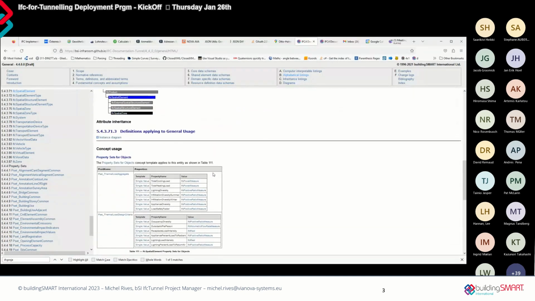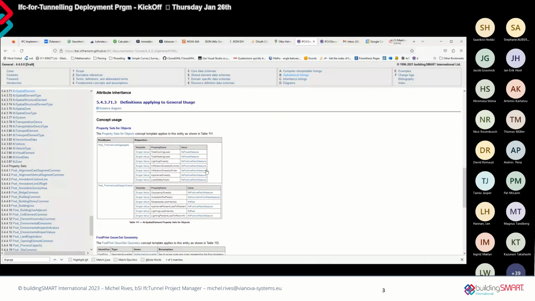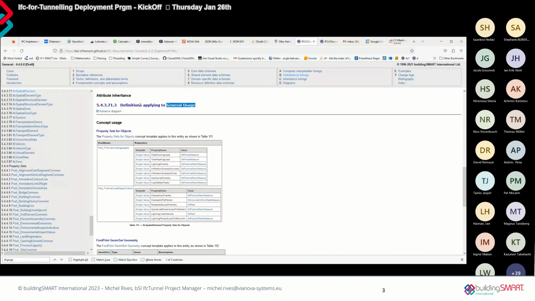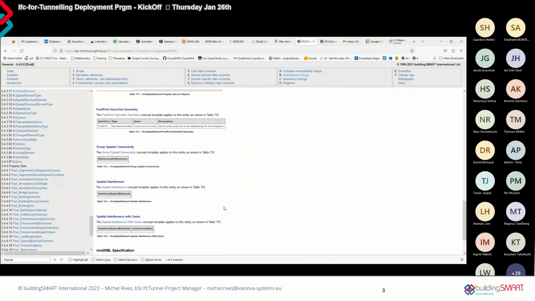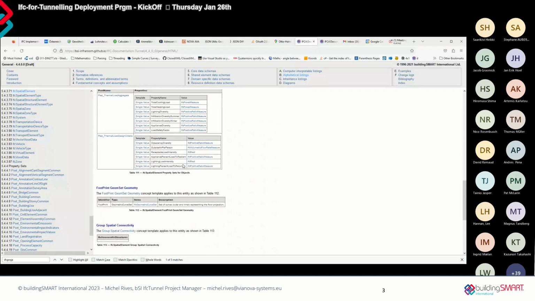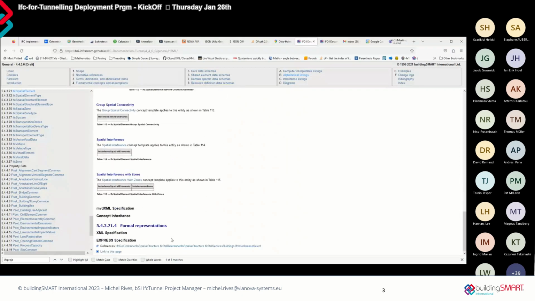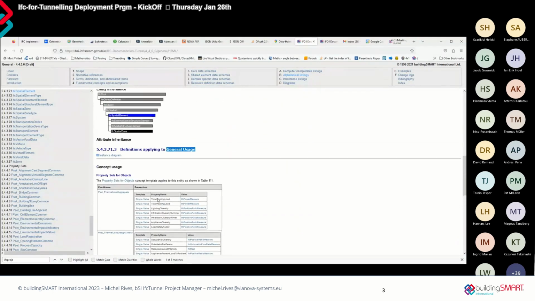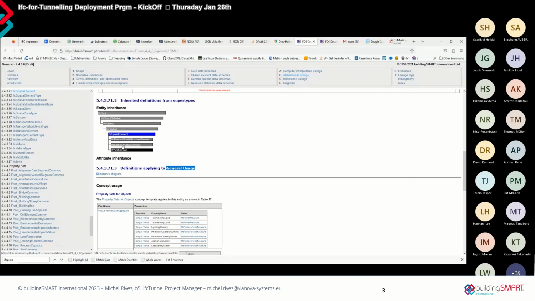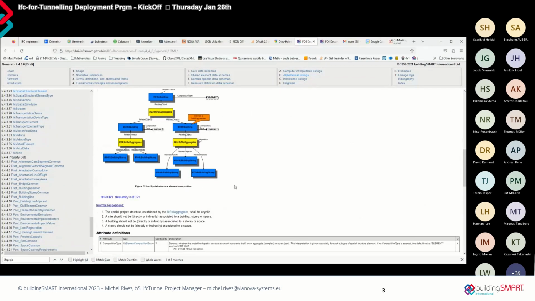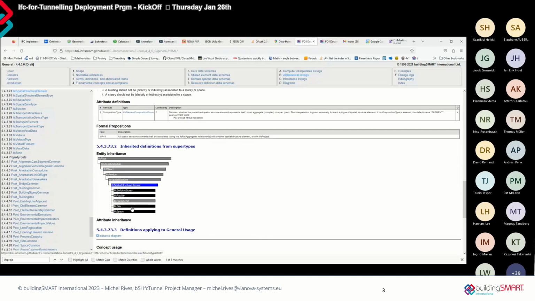The spatial element now again has a set of templates assigned to it. We go to general usage, definitions applying to general usage again, and we see that spatial element can have other templates assigned, like interference, like footprint, geometry, and so on. So in this, I will just go to its subtypes. Let's go to one of our subtypes that we are mostly interested in here. So I'm going to go to something like